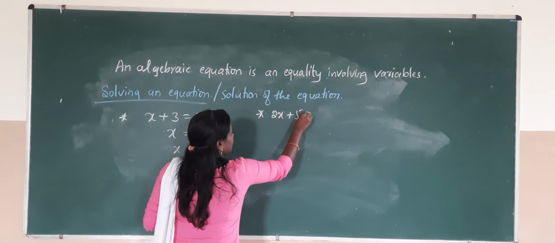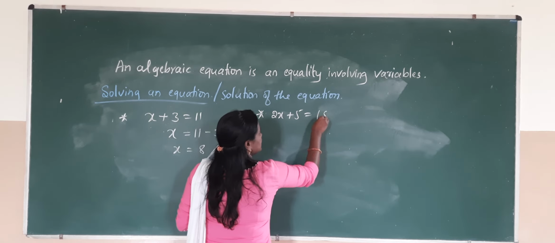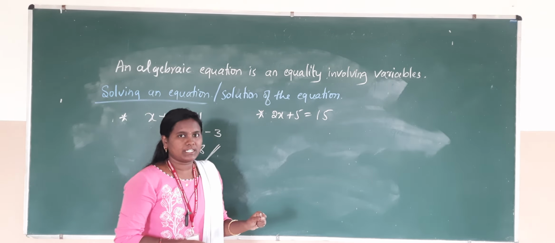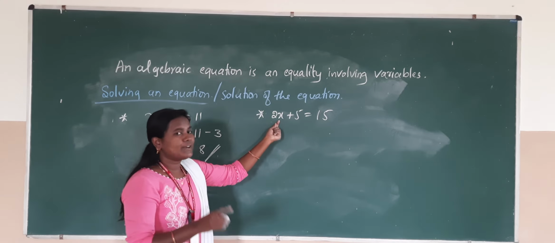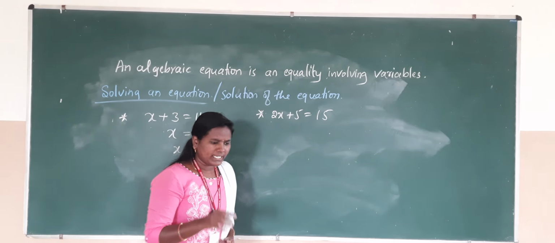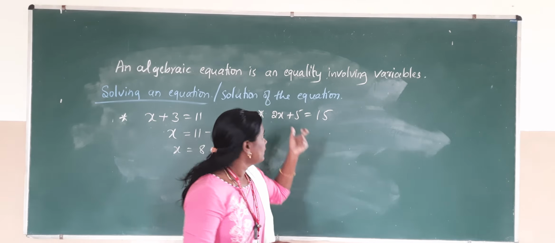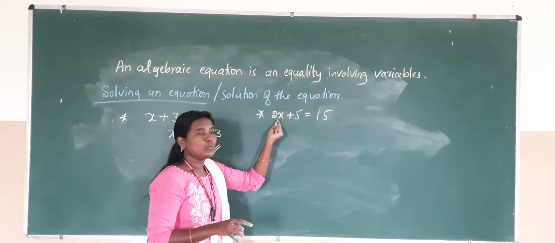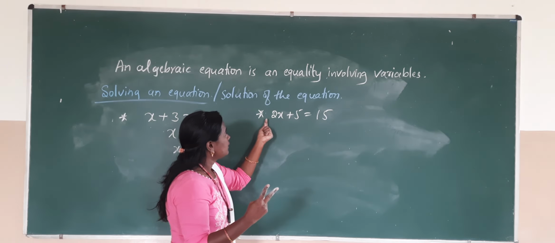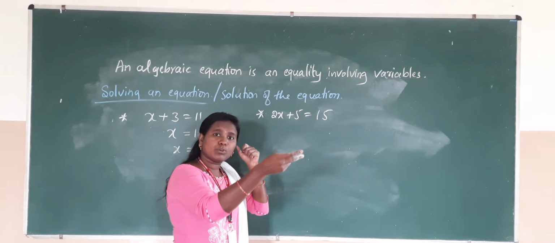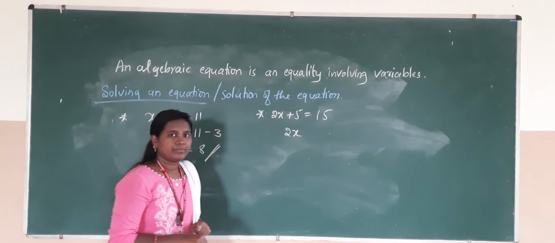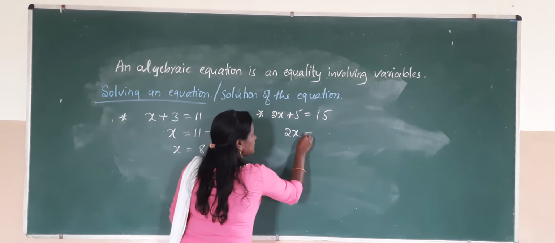2x plus 5 is equal to 15. So we have to find the value of x. To find the value of x, here 2x is there, with x its coefficient is 2. So we should not transpose 2 directly. See, I am writing 2x is equal to